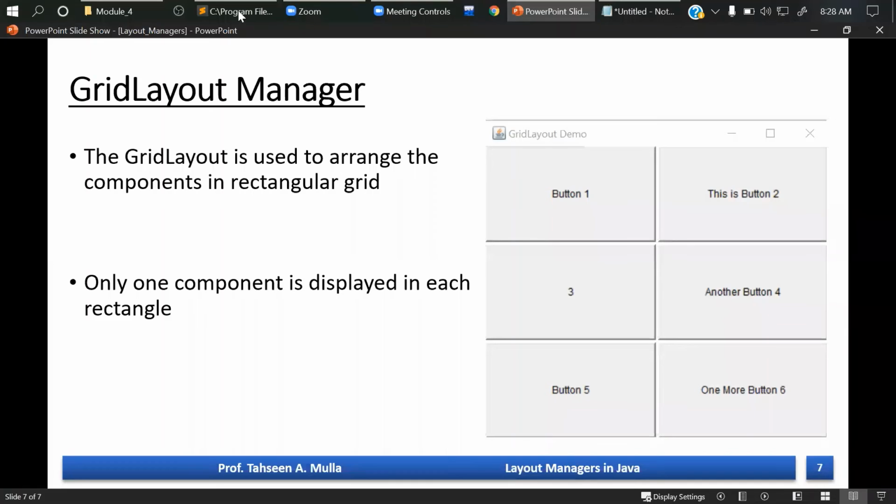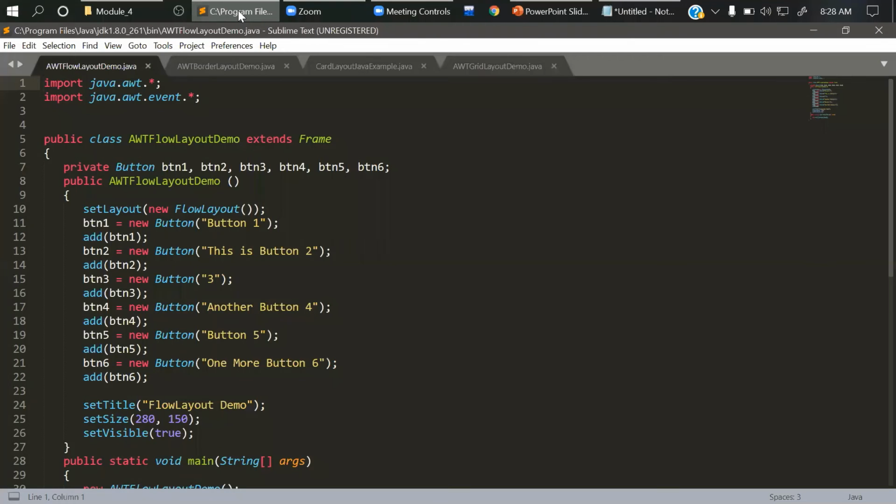Now we have some examples to study as per what we have seen through these 4 layouts. We have flow layout, border layout, card layout, and grid layout. So whatever images I've shown you as examples, we'll be seeing in this demo. Here I've taken 6 different buttons, then taken a constructor. Now I explicitly need to mention the flow layout here because this explains how a flow layout will be implemented. Even if I do not write it, flow layout will be the default one to set my components on the window.